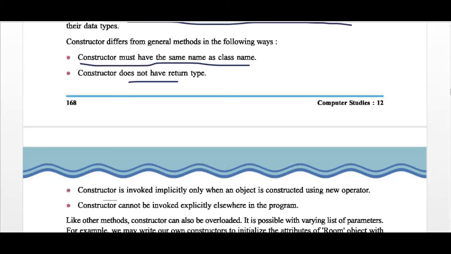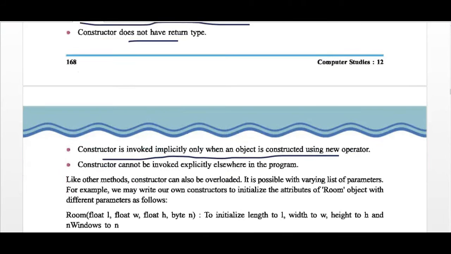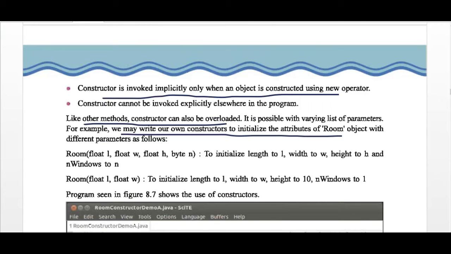A constructor is invoked implicitly only when an object is constructed using the new operator. A constructor cannot be invoked explicitly elsewhere in the program. Like other methods, a constructor can also be overloaded. It is possible with a varying list of parameters. We may write our own constructor to initialize the attributes of a room object with different parameters as follows.